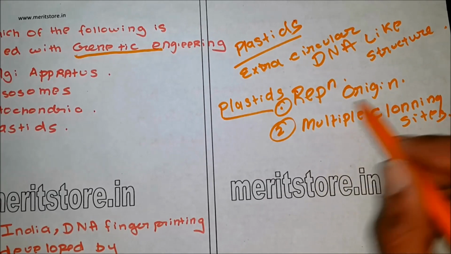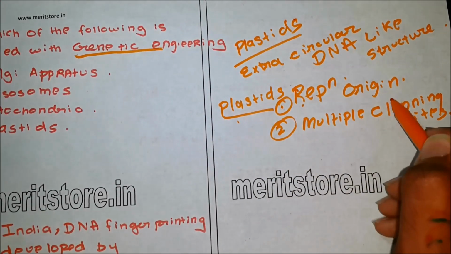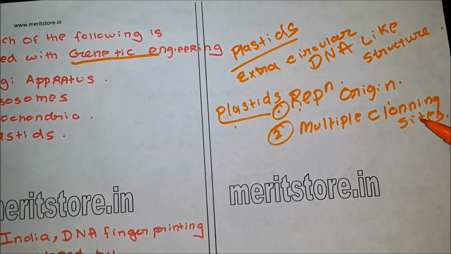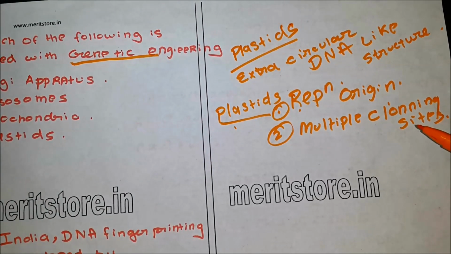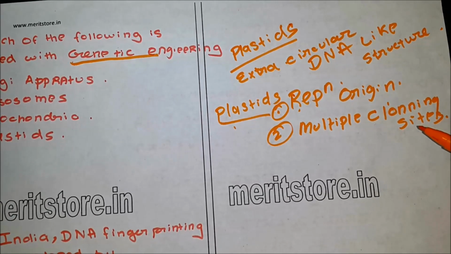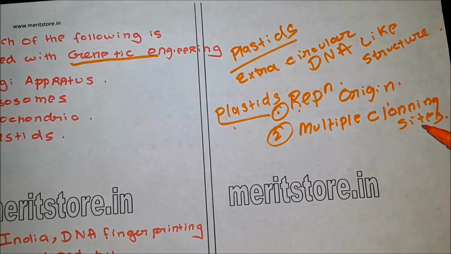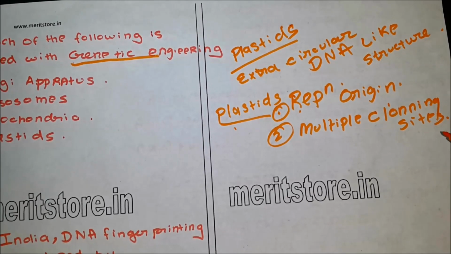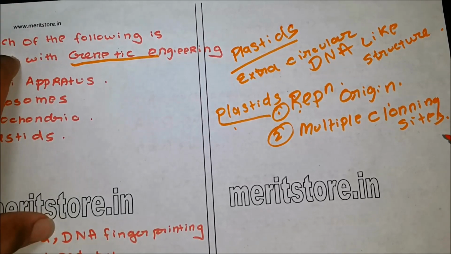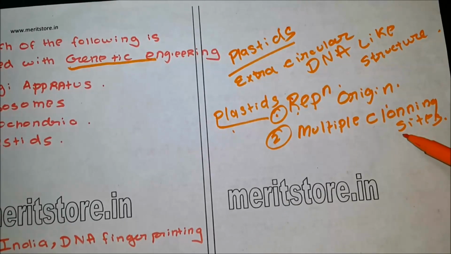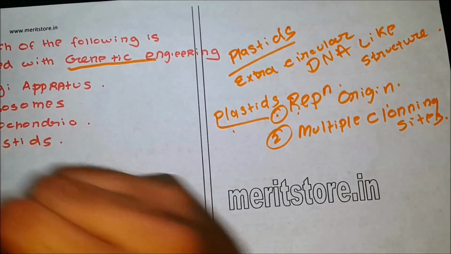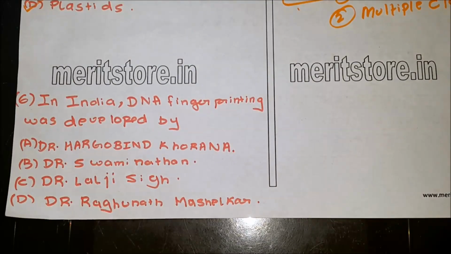So for doing that, if a plasmid shows presence of a replicating origin, that is, if we insert a foreign DNA and if the plasmid helps in replicating it so that we don't have to maintain it separately, wouldn't that be helpful? And apart from that, it has multiple cloning sites, meaning you can use a plasmid for a bacteria or for some other organism as well. So because of these two properties and many more, we'll go with plasmids. That's D.